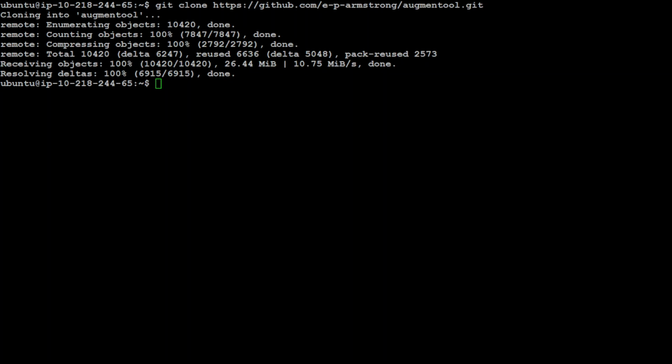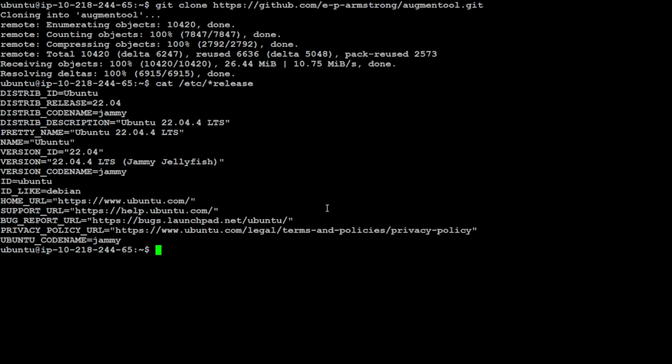Okay, so this is all I have done. I have just used git clone and this GitHub repo, and I was showing you this version. Apologies, for some reason it didn't switch there. Anyway, so this was the Ubuntu I was showing you. Okay, so now